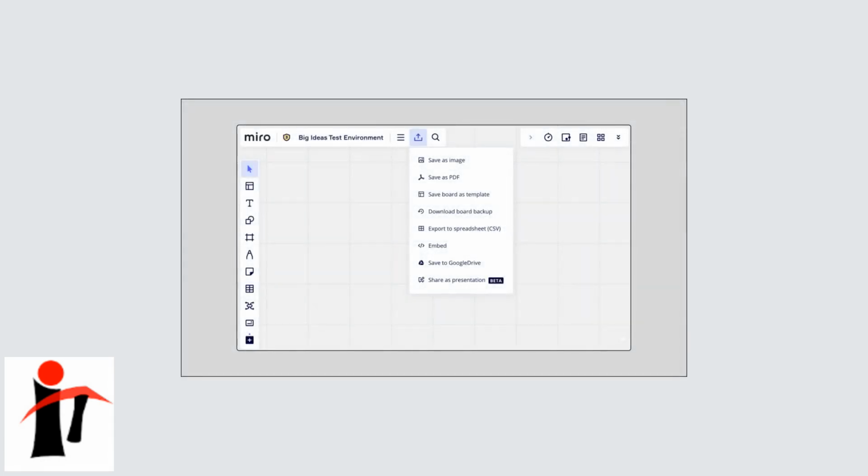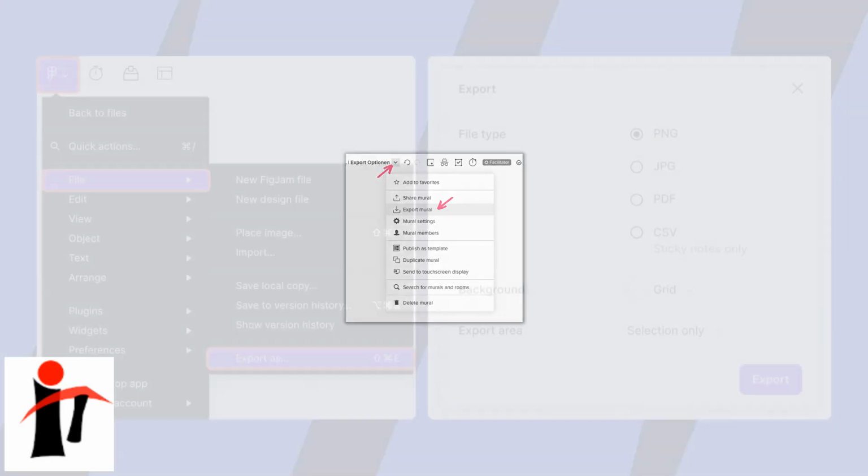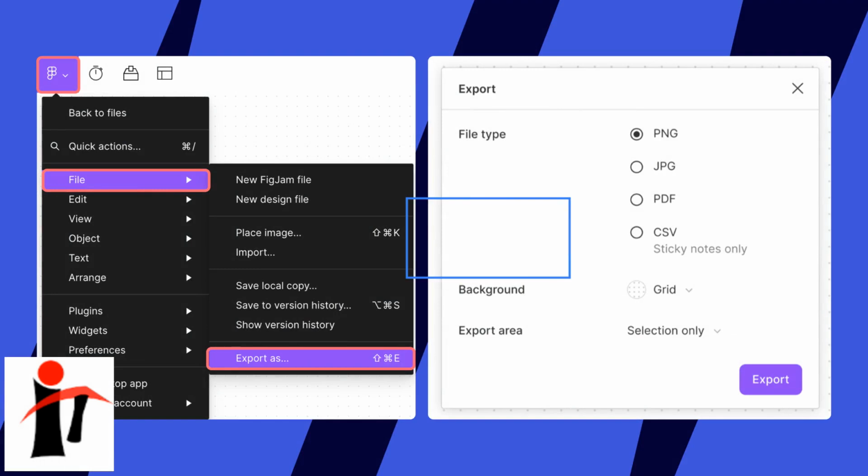To begin exporting your Miro board, start with the board open in your browser. The board toolbar is located at the top of the screen. Look for the three dots icon, usually labeled More Options, in the board toolbar. Click on the three dots to open a drop-down menu. From this menu, select the Export option. After selecting Export, a new menu will appear with different format options, including PDF, PNG, and JPEG for your export